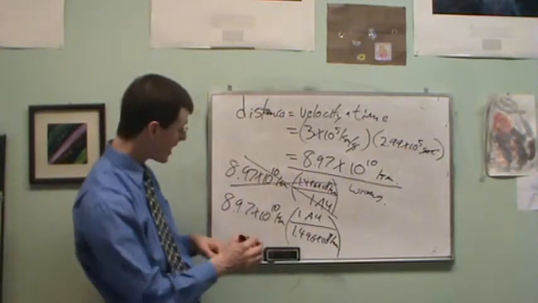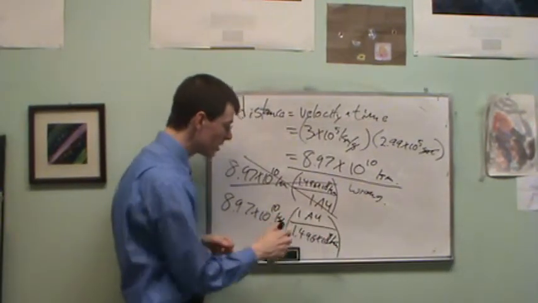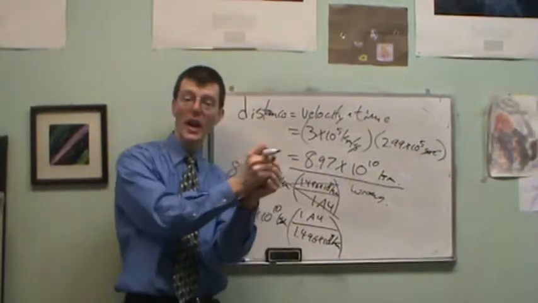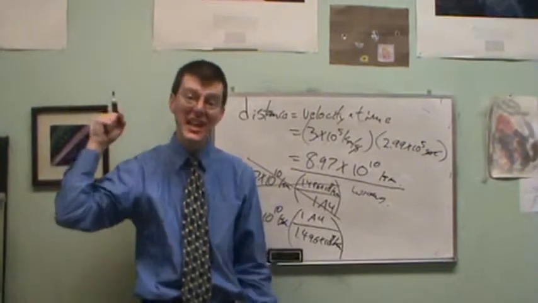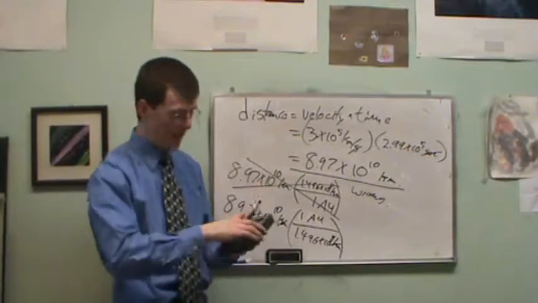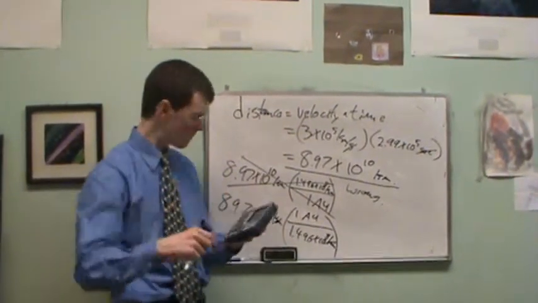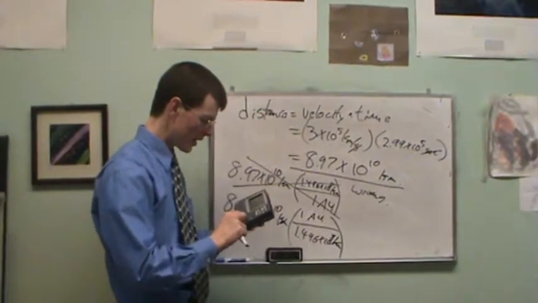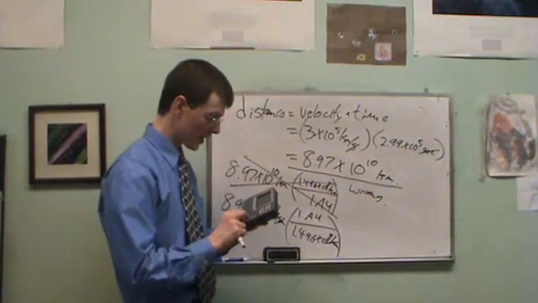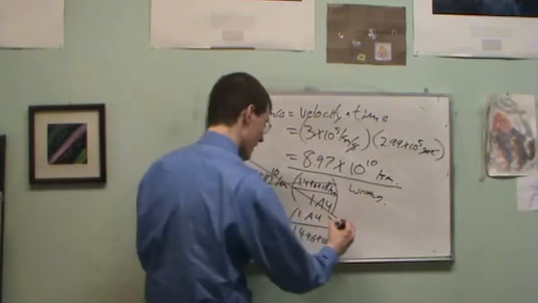Does that work? Hey, it does. Kilometers here cancel with kilometers below, leaving me with units of AU. So if I have a number in kilometers and I want to convert it to AU, I need to divide by 1.496 times 10 to the 8th. It means I have to divide by both of them, so in your calculator, put parentheses around 1.496 times 10 to the 8th. So I have 8.97 times 10 to the 10th divided by 1.496 times 10 to the 8th, and I get